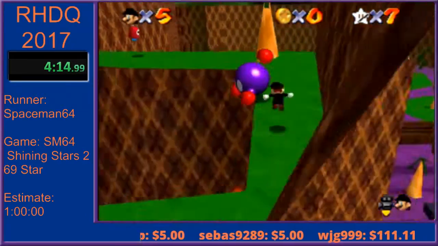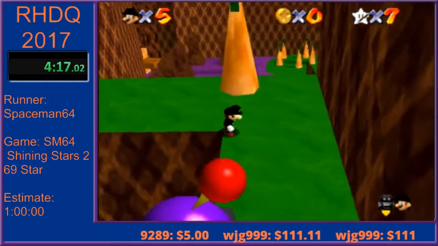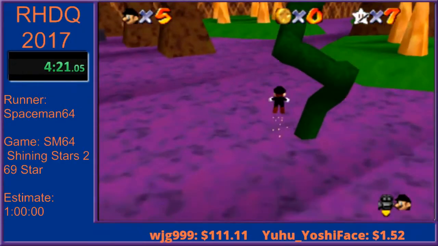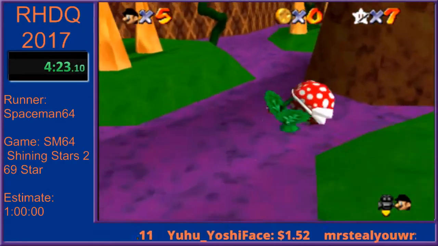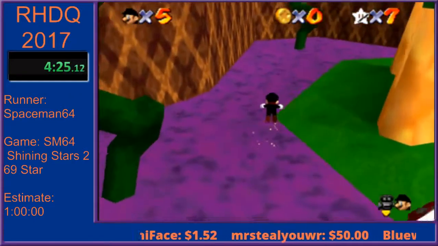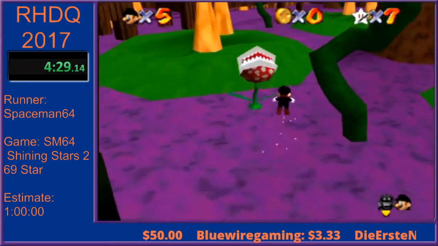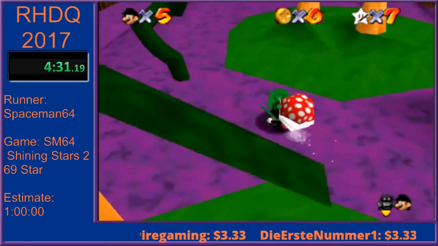Anyways. Here's the route change. If I could do movement. Because we used to get 100 coins here with this Piranha Plant star, but it turns out that 100 coins is like over a minute long, which is really slow in this category, so...